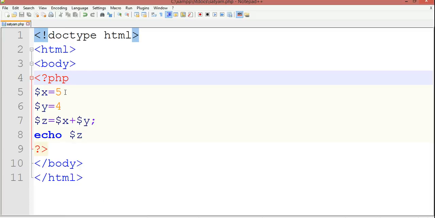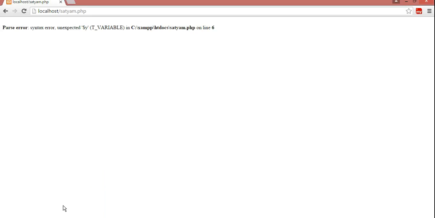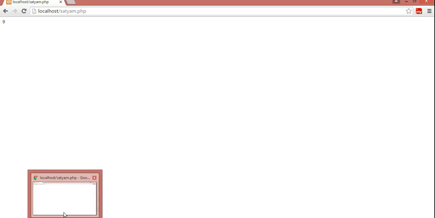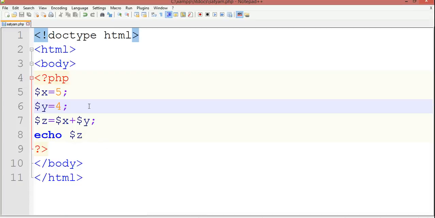Oops, here we have to fix this, and again use this, then save it and compile it. Yes, now it's working. We were not using the semicolon, that's why we got that error. Now that we use the semicolon, we got it.